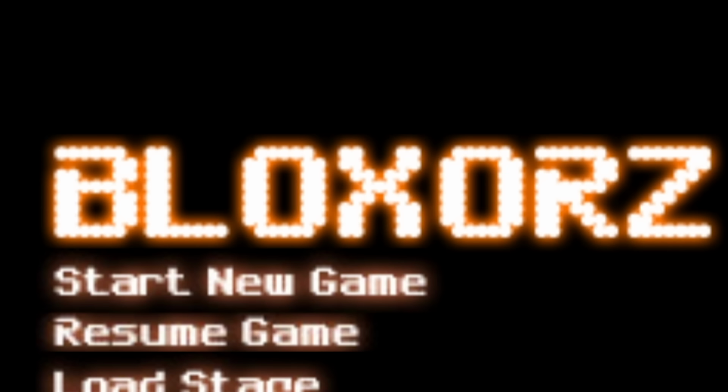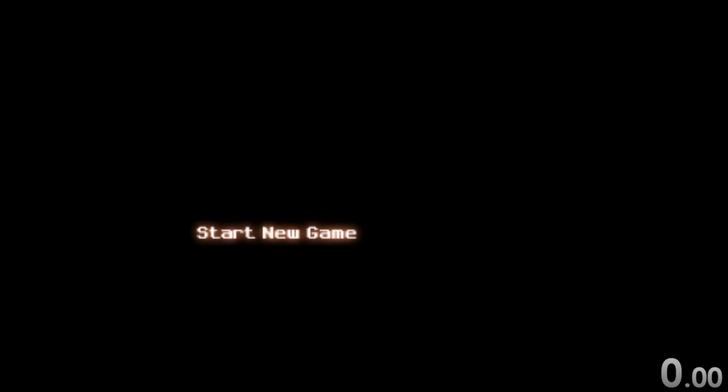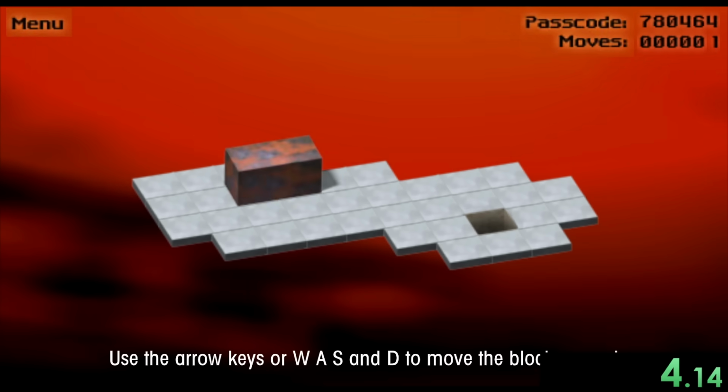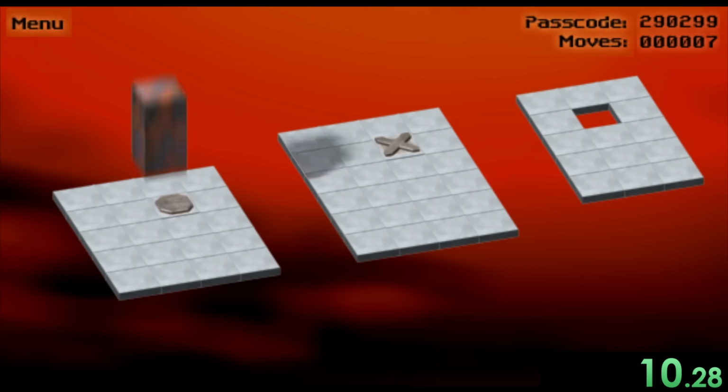Today we're speedrunning through Bloxorz, one of the best flash puzzle games. Now we'll start the speedrun as soon as we hit skip instructions, and right away you can see what this game is all about. Basically, we're a rectangular prism and we're trying to make it into the hole in each of these levels. Now sometimes we're going to get things like these switches, like that round switch which anything can